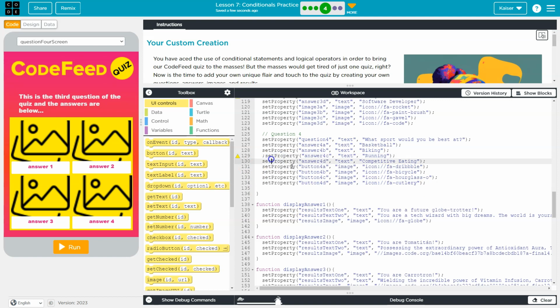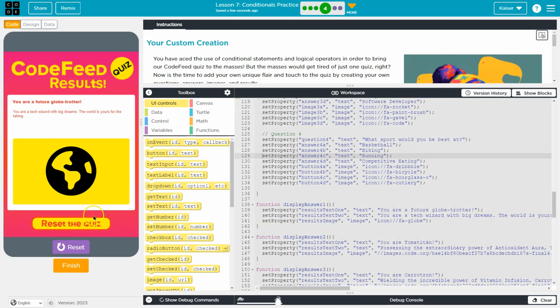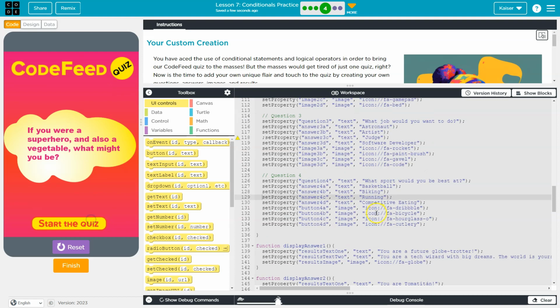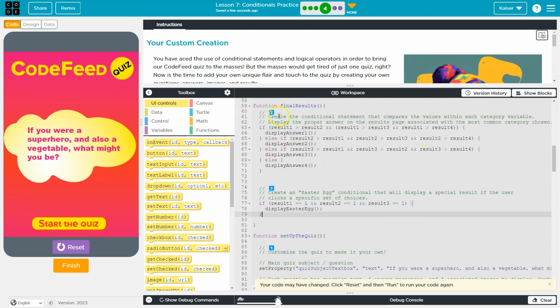What's this mad about? Oh, I have an extra semicolon. Okay, let's kill that. All right, let me see how this is going thus far. Oh, I have to make sure it actually goes here, which it does not currently. Oh, I have one of those there too. Odd. And so at the end of question 3,